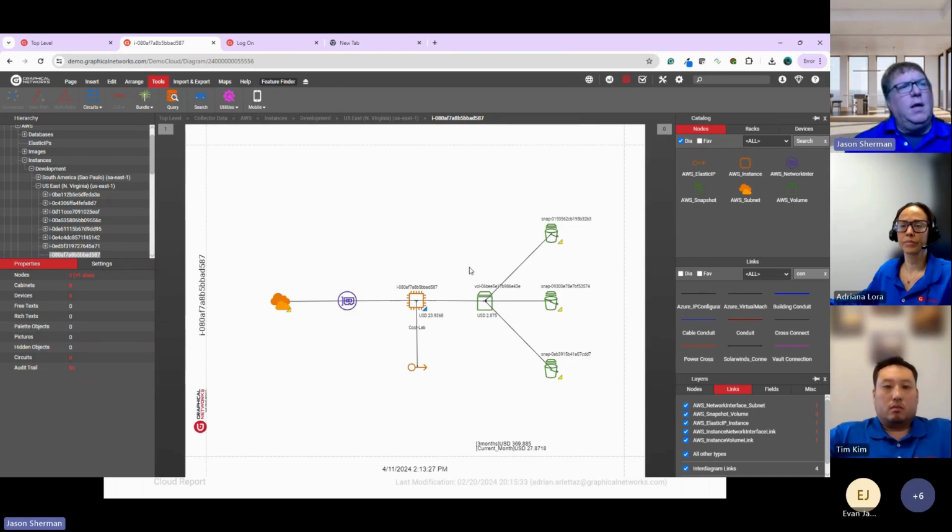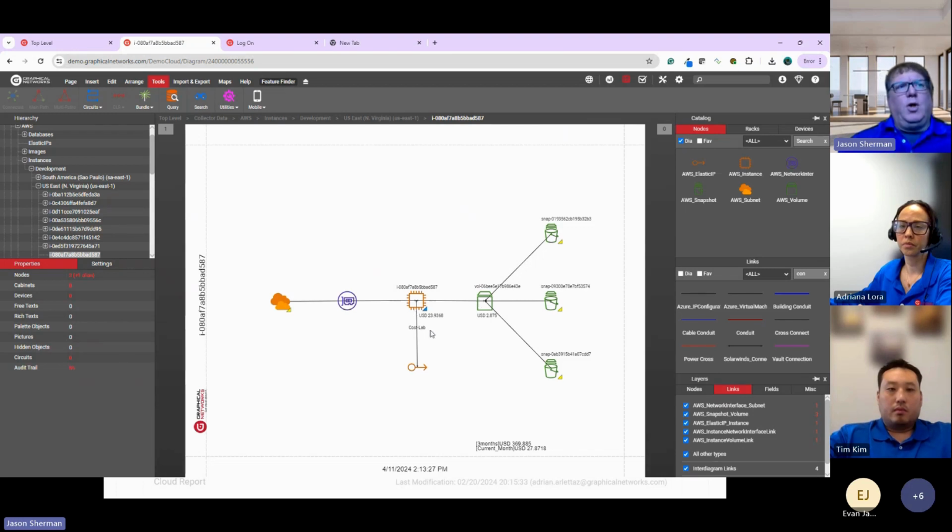I know what it's costing me up to this point for the month or for the last 3 months. I know what my volume's costed me. I know I've got a bunch of snapshots hanging off of it. I can see when those snapshots were created, and so on. So again, giving me information about the object, about what's connected to it. The connections, the relationships, that all comes out of AWS.